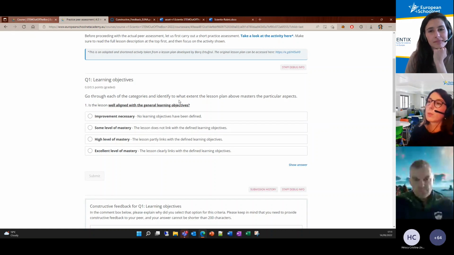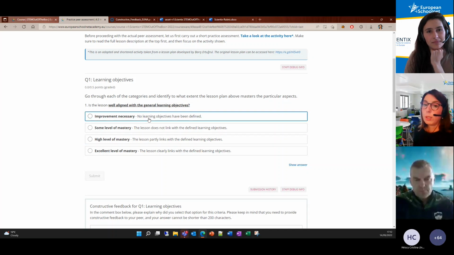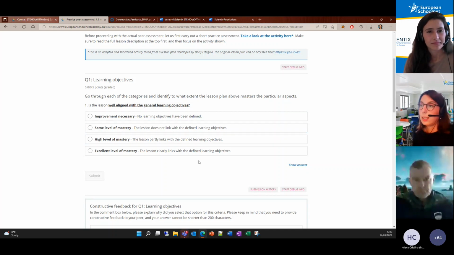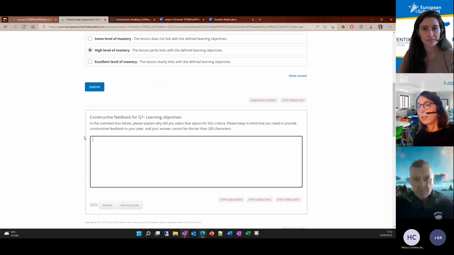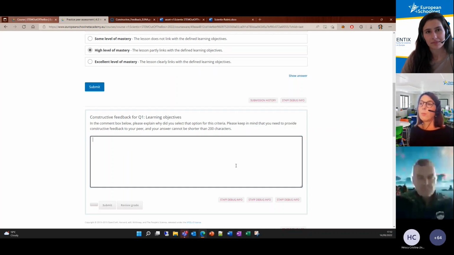For example, the first one is learning objectives. So what do you think, how successful is this lesson plan in addressing the learning objective? You will select a criteria, and not only that, you will also provide written feedback, and then you will get to compare what you have written with the one that we suggest. It's a very good way for you to practice giving this